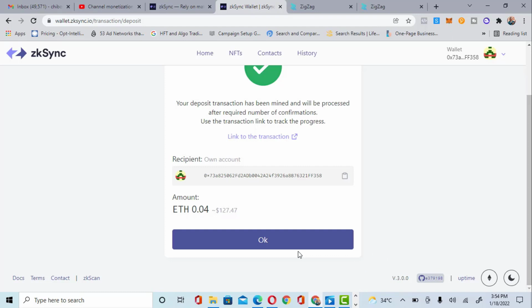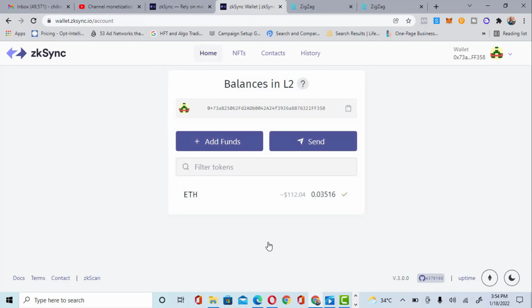All right. After you are done with this, automatically you are eligible for this airdrop. You can see the Ethereum is currently on layer 2 right now. Now, what should we do next? The next thing you should do is go to a website called